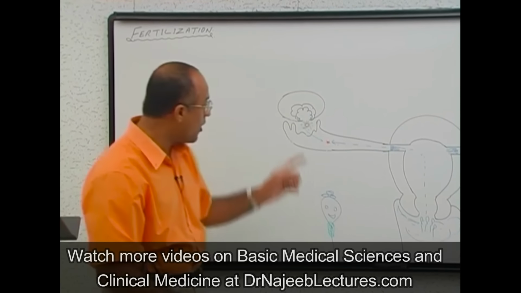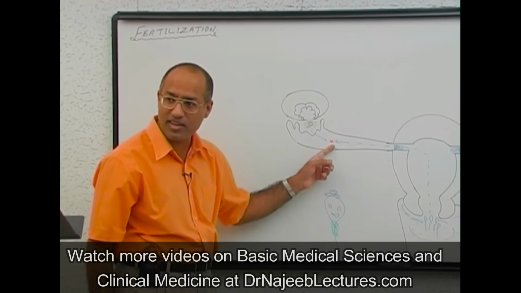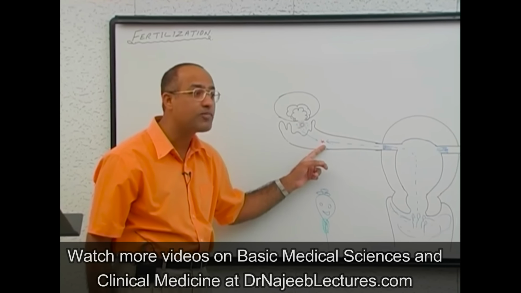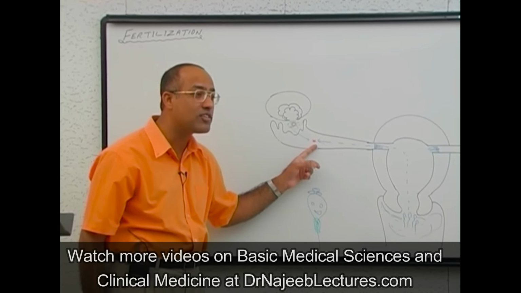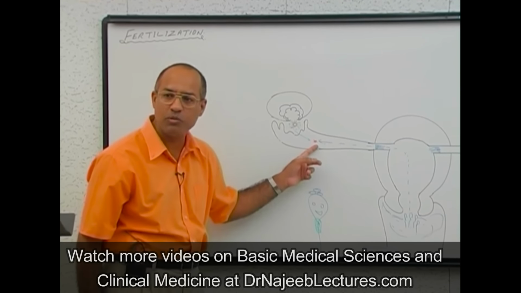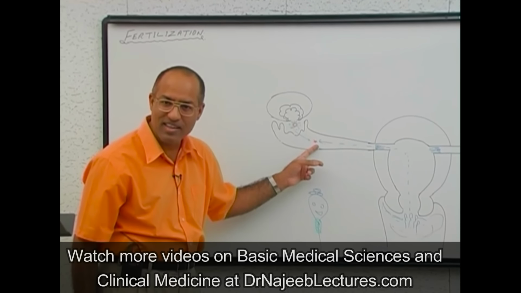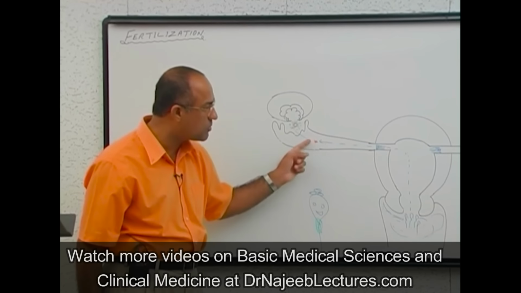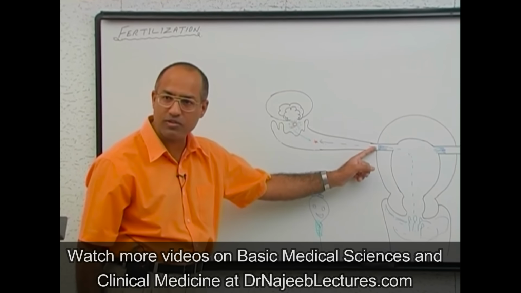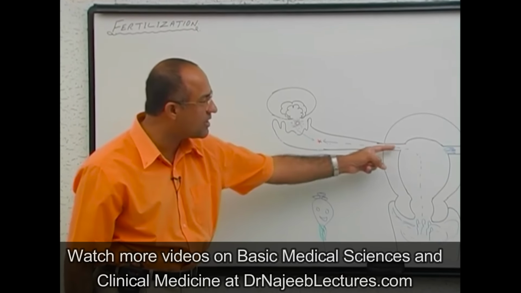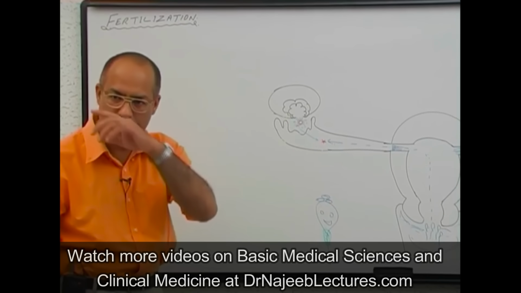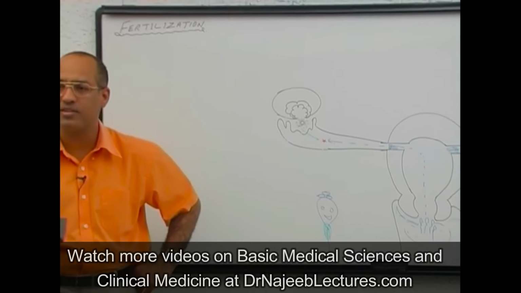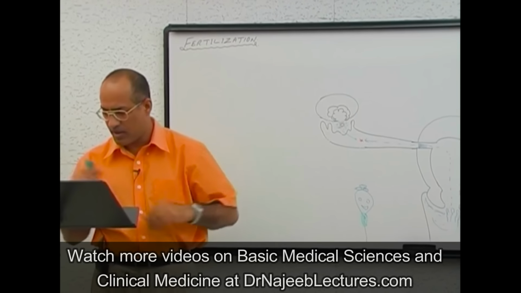So what happens? Ovum itself does not move much. It sits here and then ovum plus its corona radiata cells are releasing chemical substances which are chemoattractants. And once they are released, if ovum is there, sperms can sense the presence of those substances and then rapidly restart the movement and approach the site of fertilization. Is it clear?